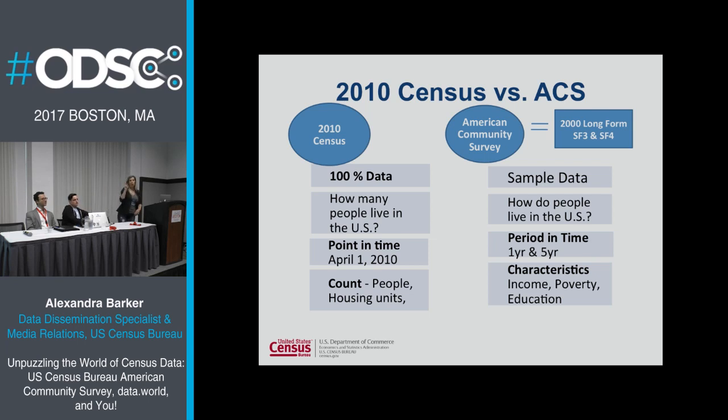Thinking of the two purposes, when we're talking about the decennial census, think about the level of data you can get. Talking about geography, we need data down to block level. You get it from a census every 10 years. About variables, that's a different story. How much do we really need to collect in order to get the job of reapportionment and redistricting done? Number of people. So you will get that from a census. We also need some characteristics for the voting districts when they are redistricting. Race, Hispanic origin, marital status, age, whether they own or rent a home, whether it's vacant or occupied. That's what you get from the decennial census.